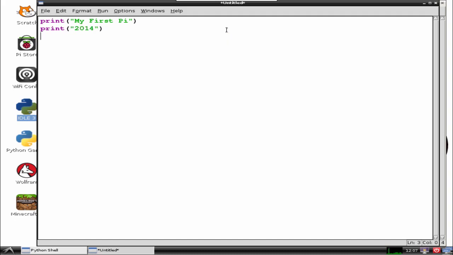You will notice that the editor does not have the prompt sign. This is because what we write here will not be executed immediately. Instead, it will be stored in a file until we decide to run it.